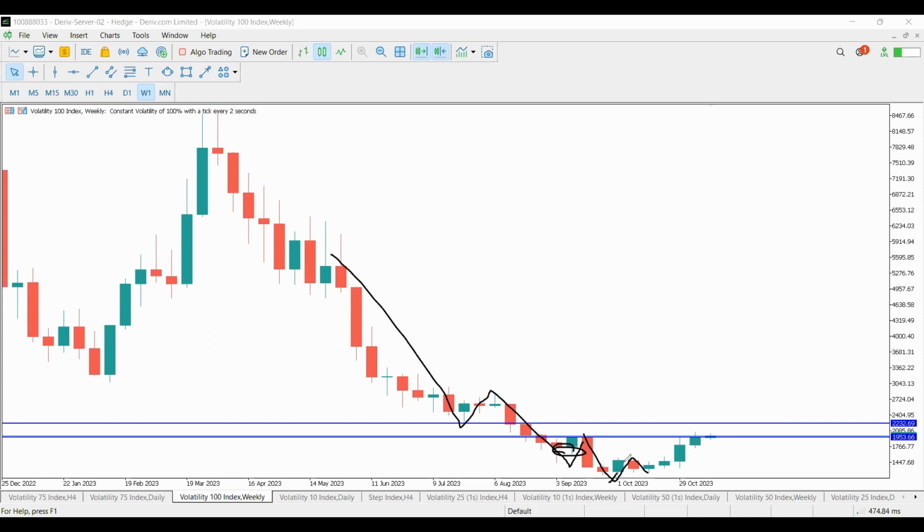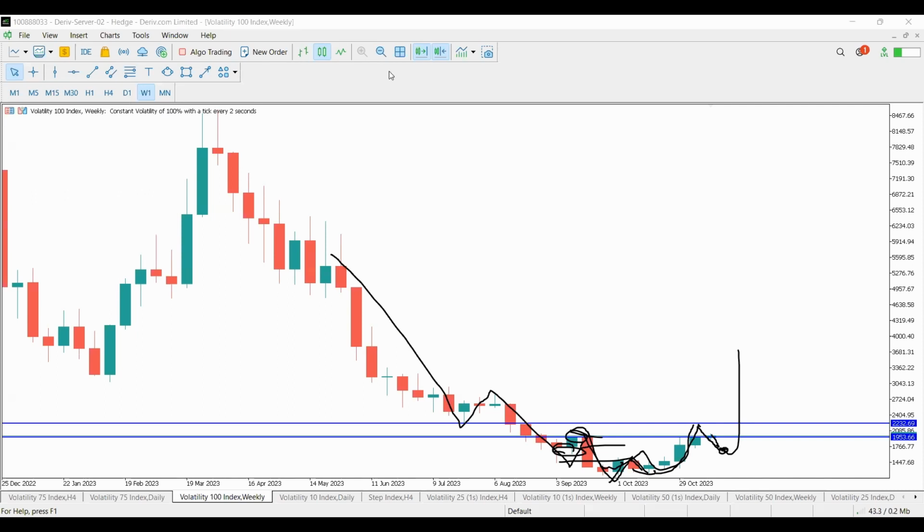So the market came into this area, tested this tail here, and then made a higher low and pushed higher. But the market can easily come back down because this is a resistance area. So we have made a W, yes. So what do we expect? The market should give us at least a slight pullback, and then we can continue higher, right? Now, let's go to daily.